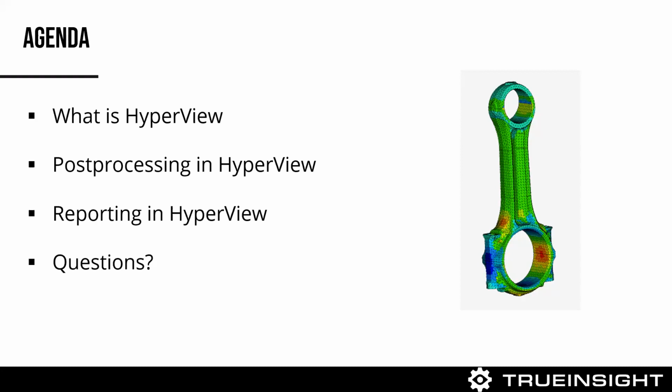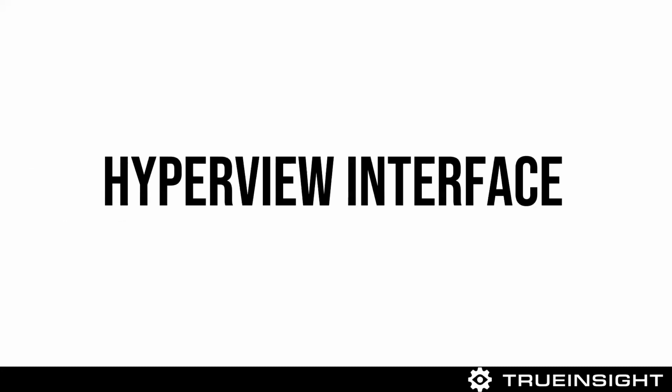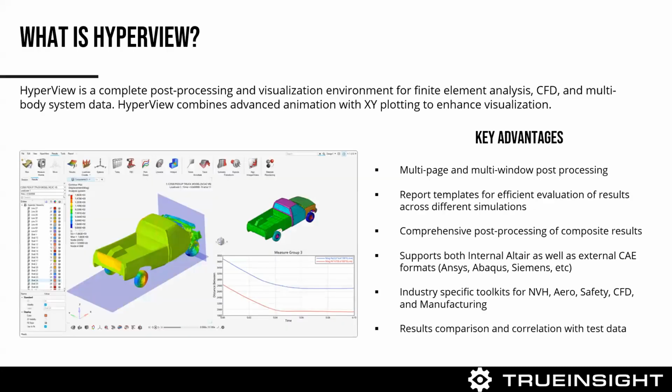So great, let's jump into the HyperView interface. Firstly, if you're unaware, HyperView is a post-processor. And when I say post-processor, it means it's able to look at results for FEA, CFD, and MBD applications. It's a dedicated post-processor, meaning that it can import various result files. One of the really cool things about HyperView is its capability to look at animation, plotting, and multiple results